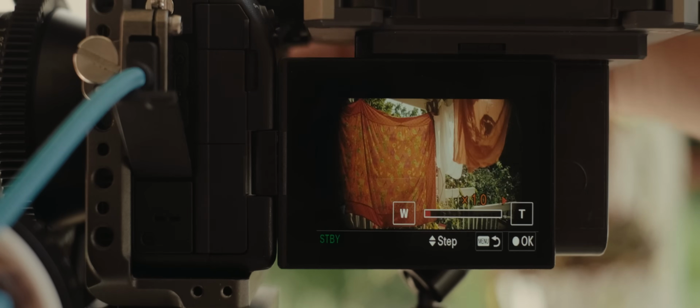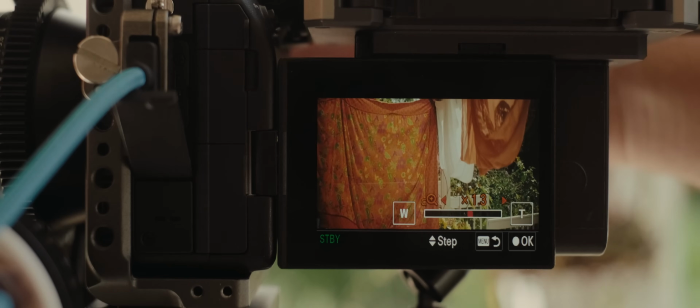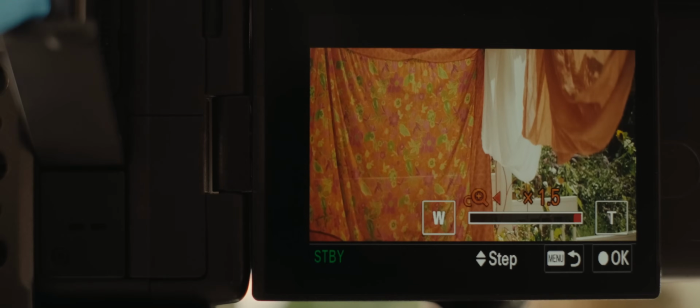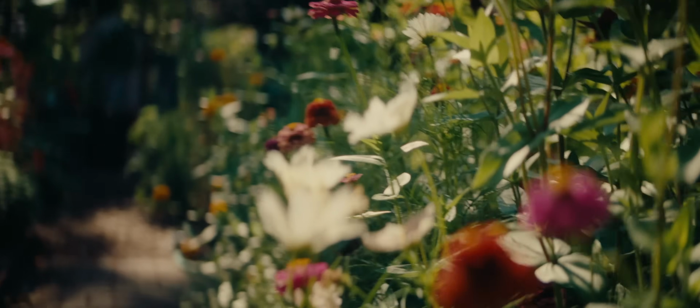I don't really know why it's so good. I guess it uses some sort of AI upscaling to actually upscale the footage when you digitally zoom in, but it looks amazing, and you can actually get a wider field of view on this lens if you use it on full frame and use the clear image zoom to crop in. So it's really cool. This lens ends up being a little bit wider, and you get a little bit more